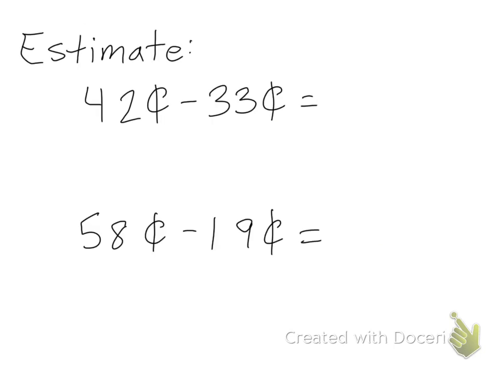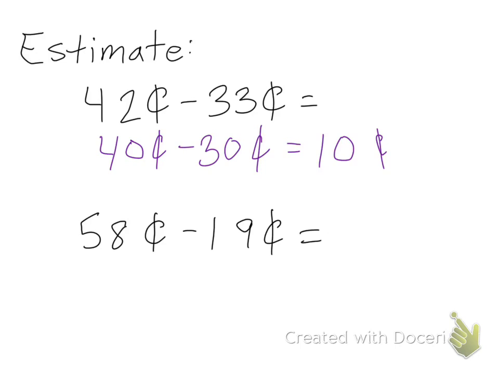Okay, so let's estimate these ones. 42 cents minus 33, round it to the nearest 10 cents. So 42 cents rounds to 40. 33 cents rounds to 30. 40 minus 30 equals 10 cents. Okay,